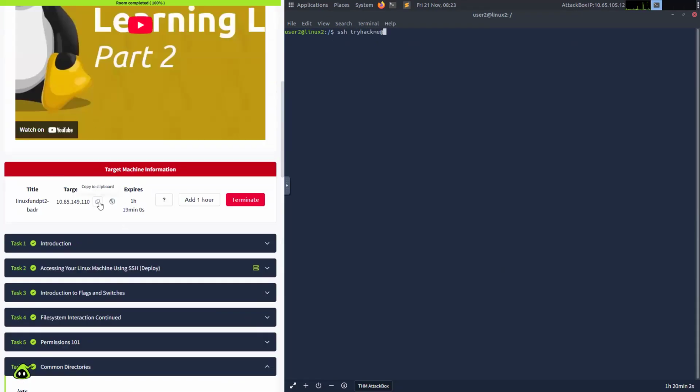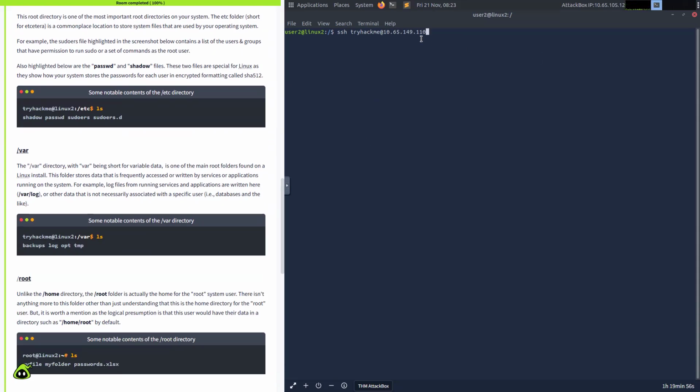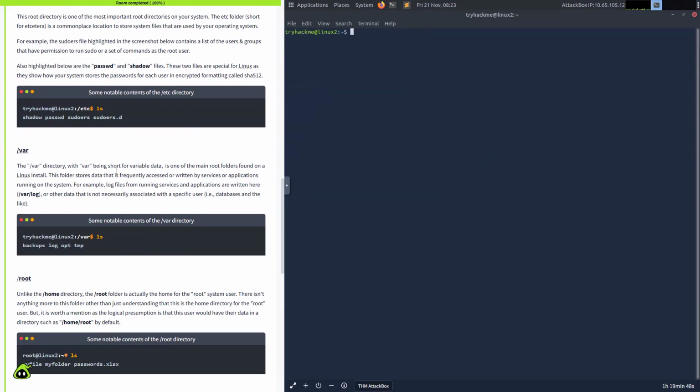Go. Paste. Okay. Password: Tryhackme. Clear. All right, so var, the var directory, with var being short for variable data, is one of the main